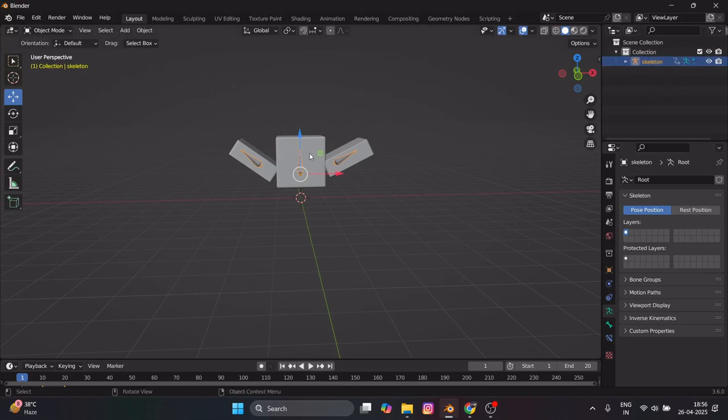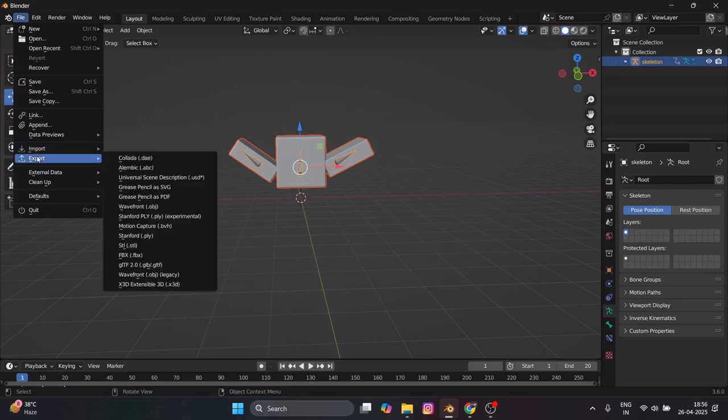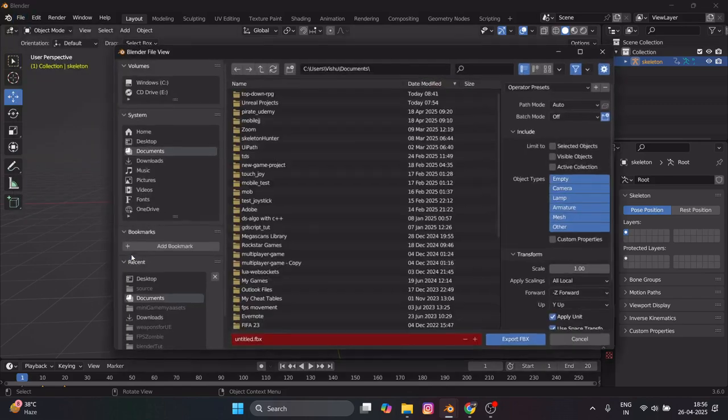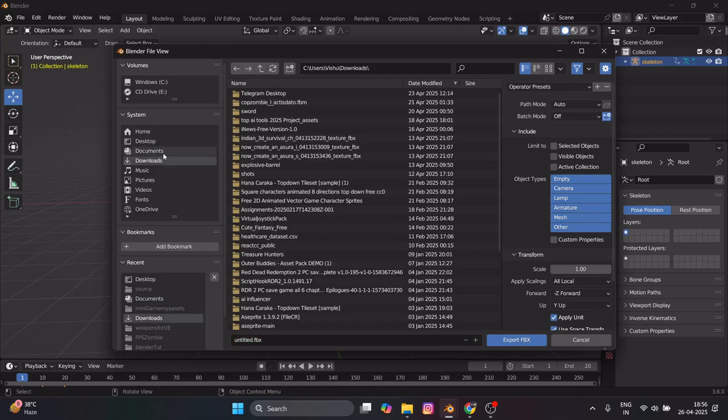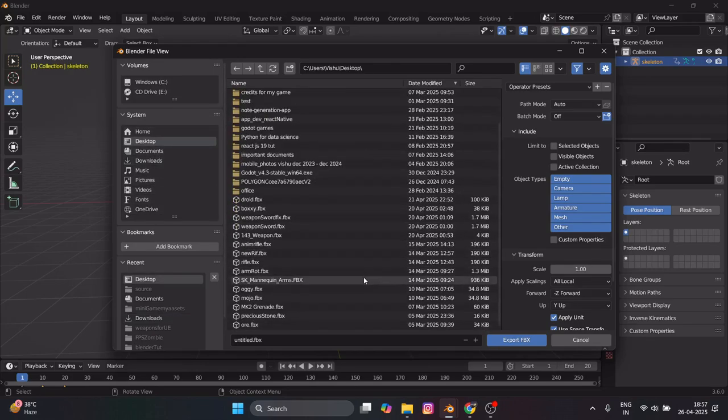Now select all of this, select the mesh and then the bone, and then go to file, click on export, click on FBX, and here you can choose any place where you want to paste it. So I'll paste it over here in the desktop, and well, there are a lot of things I have pasted. So over here what you are going to do is go to selected objects and select the armature